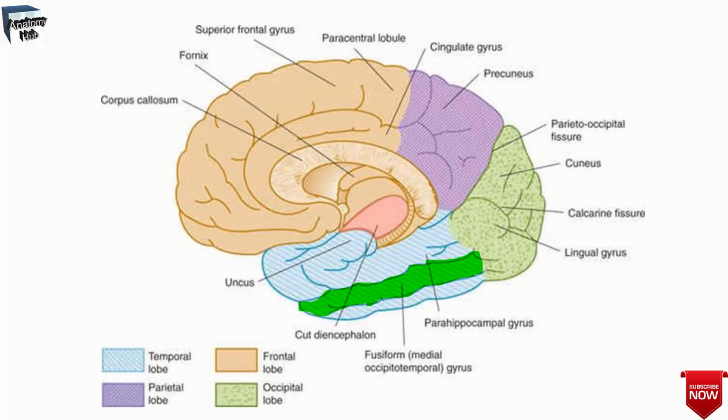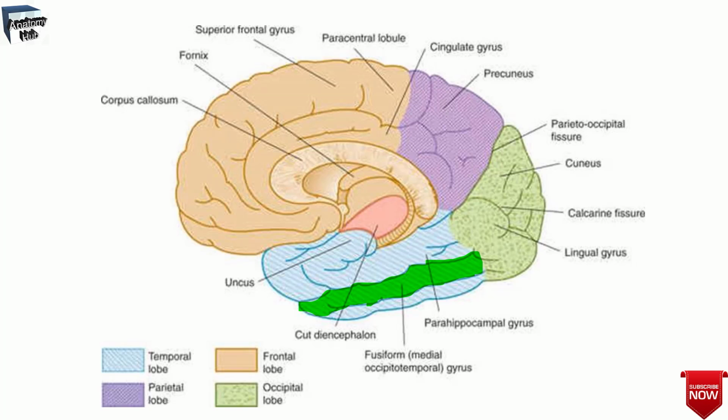So here you can see the medial section of your brain, or you can say the medial surface of the cerebral hemisphere. So here in this green area you will find the fusiform gyrus, that is also known as the temporo-occipital gyrus. That is a large spindle shaped gyrus, and that spans across the basal surface of the temporal and the occipital lobes of the cerebral hemisphere.